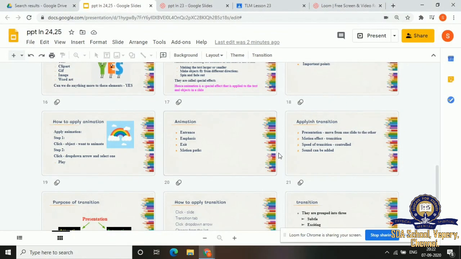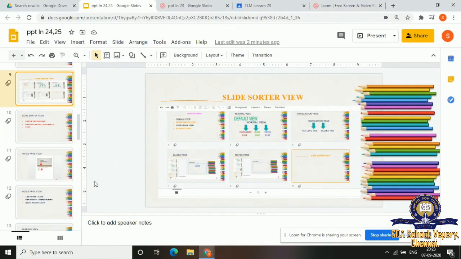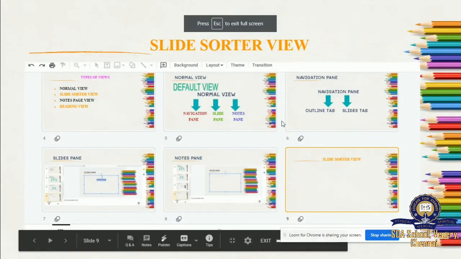For all these purposes, the slide sorter view is used. Now we'll go back. This is the normal view. Again, I'll show you in the presentation.